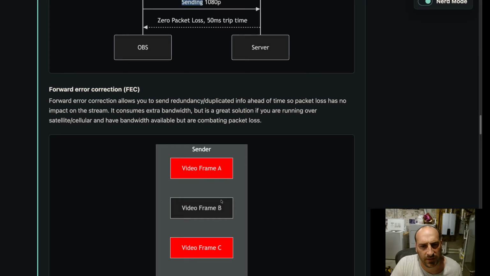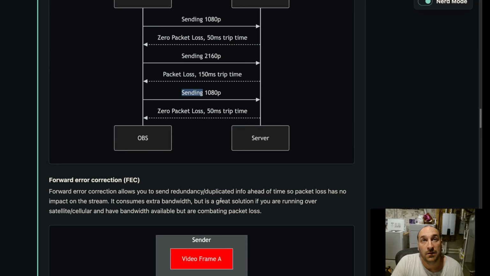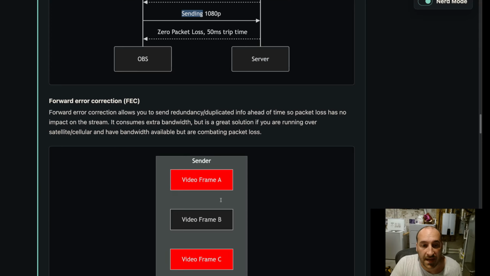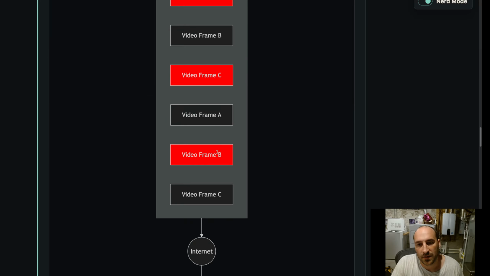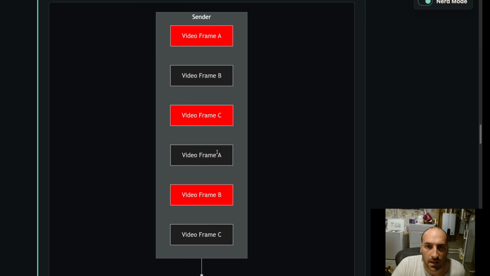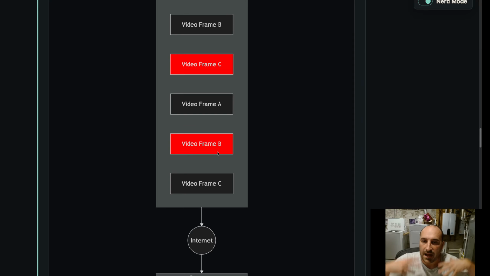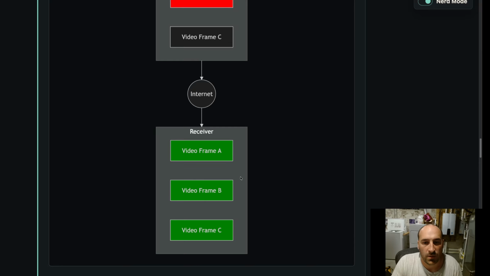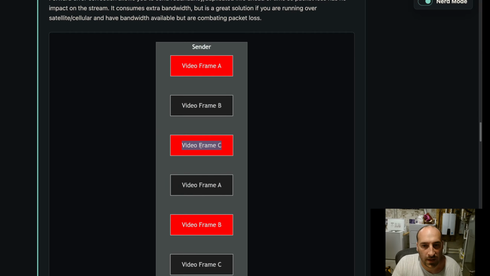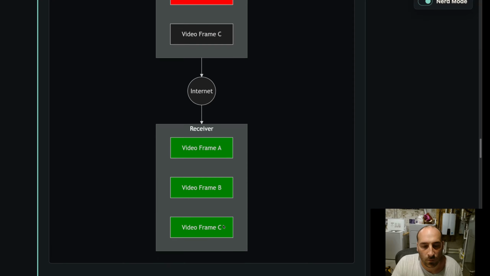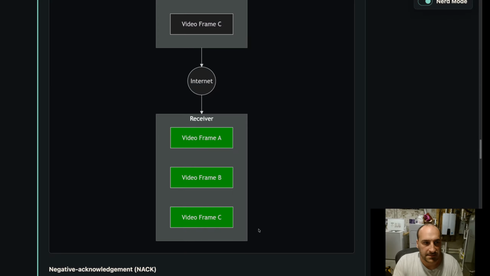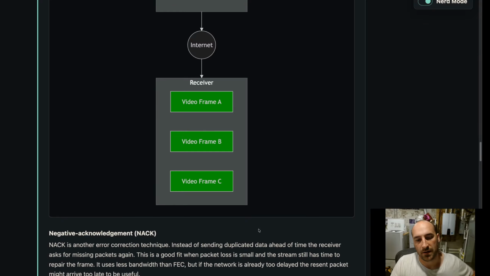WebRTC also has these cool things to handle lossy networks. Think cellular or satellite. So one thing is forward error correction. Again, a more technical concept, but the idea is that forward error correction lets you send extra content ahead of time. So imagine if your network always drops 10% of video. You could send 110%, so when it comes across the network, even if you have these red lost packets, when the server gets it, it sees everything is okay because you've used this forward error correction.